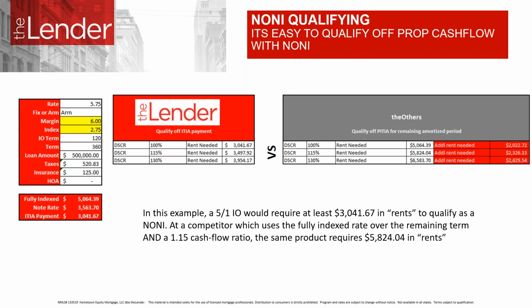Is it 1.3? Is it 1.15? So the box on the far left, you enter the rate. If it's an ARM, you get to qualify off interest only with the 5-year. If it's a fixed, you don't get the IO option, meaning your rent has to be higher. Use this tool, guys. It's beautiful.